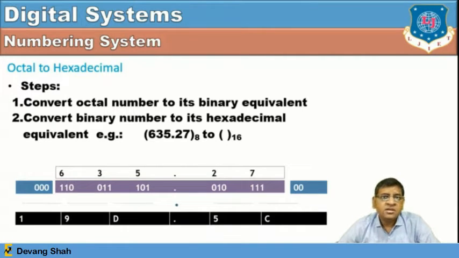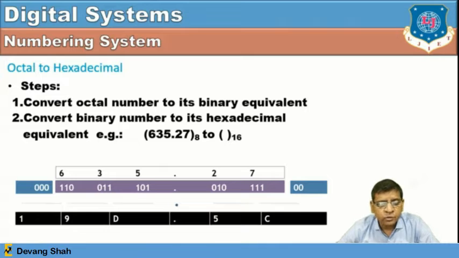You can see this octal number 635.27 you have to convert into a hexadecimal number. So your first job is to convert 635.27 into a binary number. Why? Because each digit of an octal number is represented in the form of 3 bits of binary. Once you convert it, then you have to take groups of 4 bits to convert into a hexadecimal number. So you can see